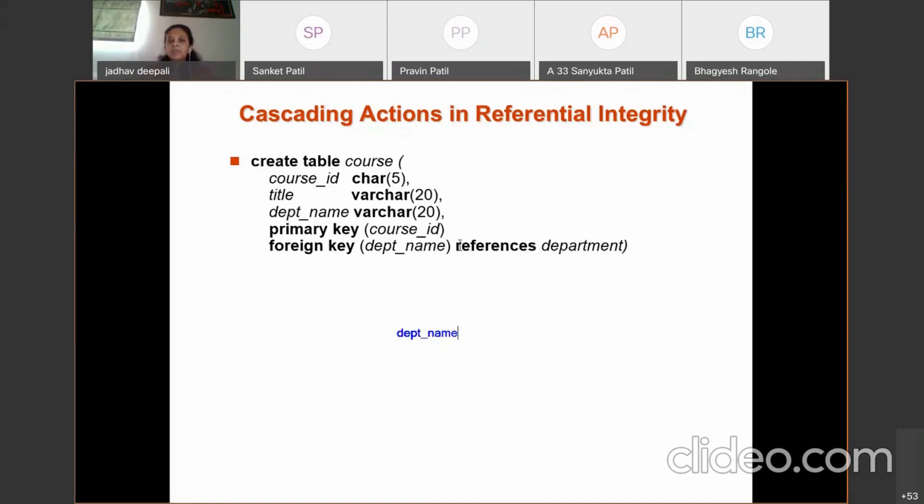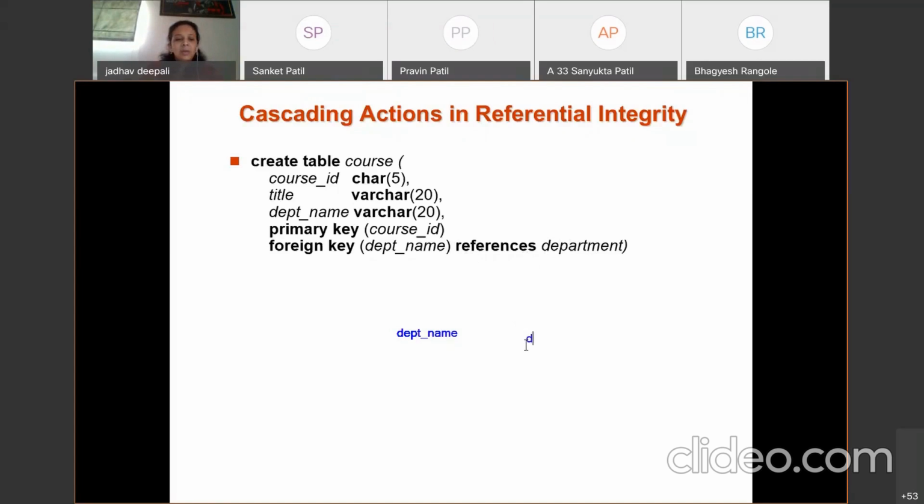Second, references is also a keyword. Many times students write the wrong spelling of references, and that's why the query will not execute. So these are keywords, write them as they are. Department is the name of the particular table or relation. You have to write it as it is. You cannot change its name.